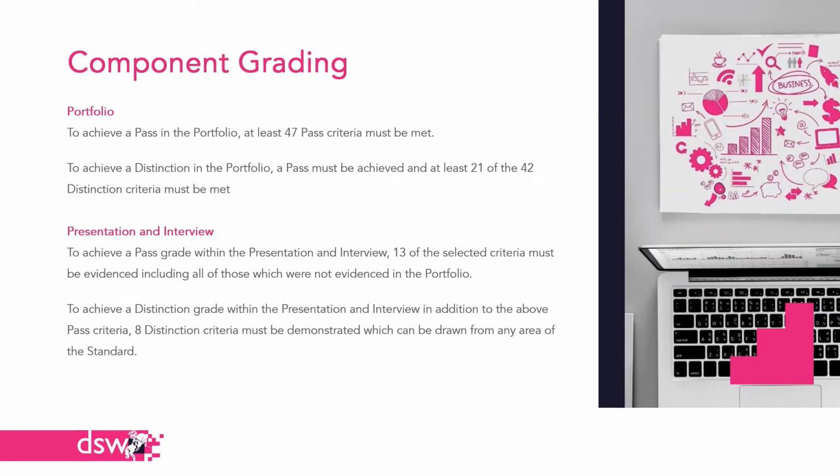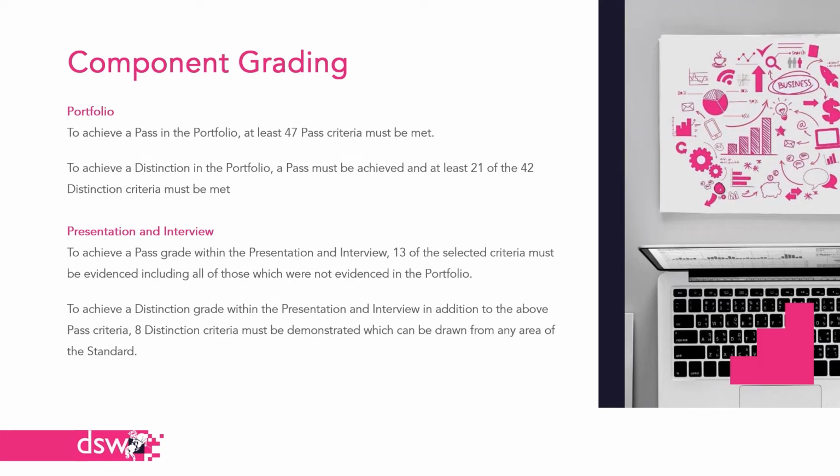Component grading. There are 2 graded assessment methods, a reflective portfolio and presentation and interview. A minimum of a pass must be obtained in both methods to achieve an overall pass grade. A distinction must be achieved in both methods to achieve an overall distinction grade. To pass the portfolio, at least 47 pass criteria must be met. To achieve distinction in the portfolio, in addition to meeting the pass criteria, 21 of the 42 distinction criteria must